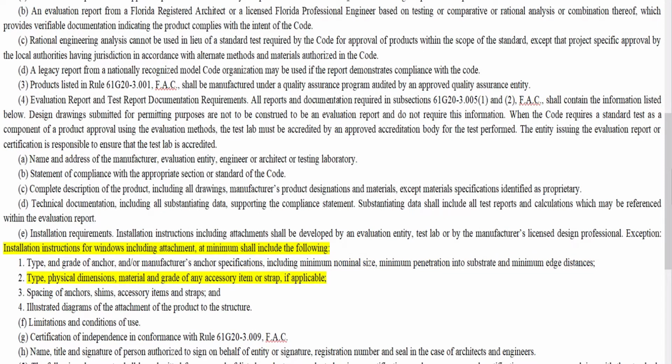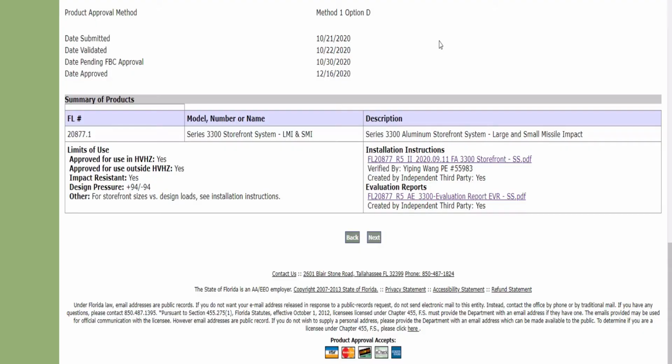Type, physical dimensions, material, and grade of any accessory item or strap, if applicable. Spacing of anchors, shims, accessory items, and straps. Illustrated diagrams of the attachment of the product to the structure. When we go to the approved products website, we find with the approved product a record of the evaluation reports